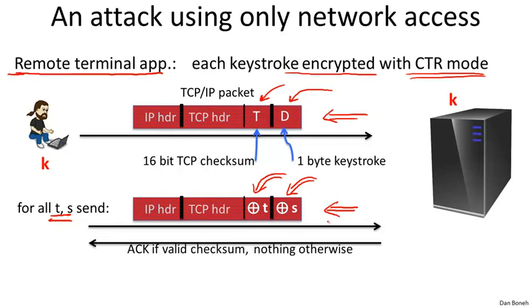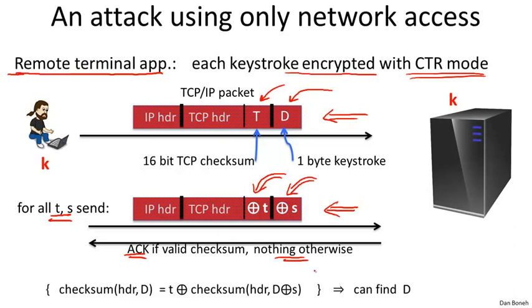Now what happens? If the modified checksum is correct for this modified packet, the server will send an ACK back. If the modified checksum is incorrect for this modified packet, the server will just drop the packet on the floor and do nothing. So the attacker can simply observe, look for an ACK packet or not, and in doing so, he learns whether this particular XOR of T and XOR of S pair corresponds to a valid checksum or not. Now the attacker is going to do this for lots and lots of T's and S's, and you notice what he learns is that if I modify the data by XORing it with this particular value S, that changes the checksum by a particular value T. And he learns this for lots of T and S pairs.